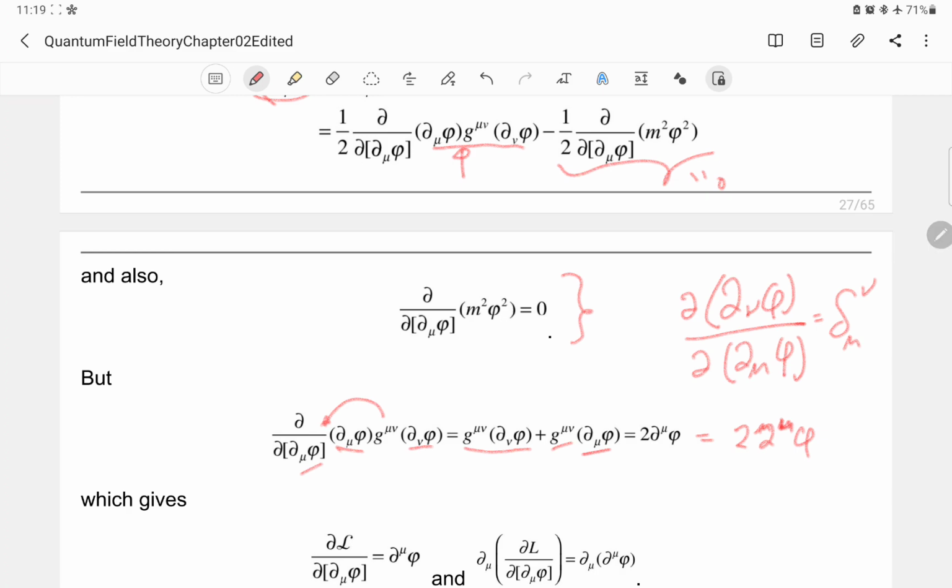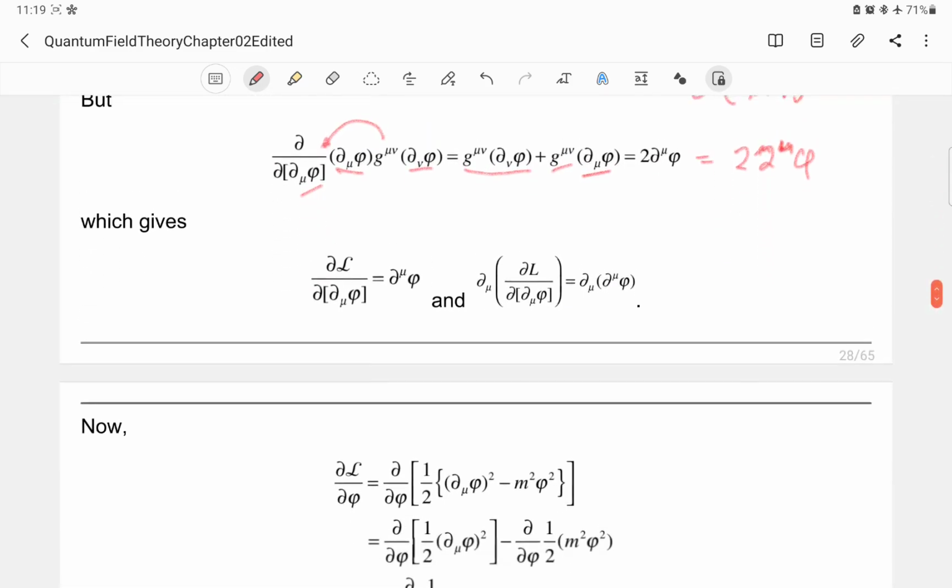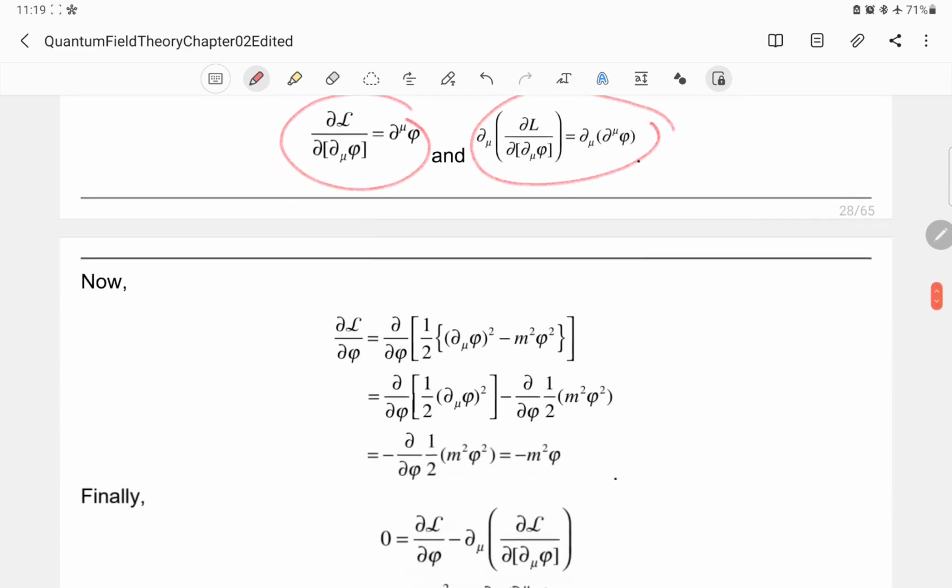So finally we have these terms. And this one. And so we can now get the equation of motion,